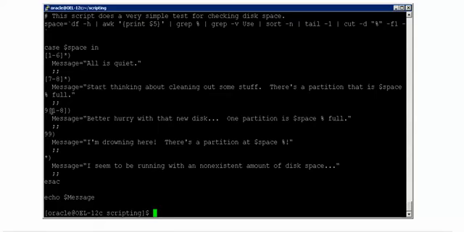If it is 9 followed by any number, that is 91 to 98%, then hurry up with the new disk. If it is 99%, I am drawing here, the partition left is very, very less. And if you don't see any of this, that is 100%, I seem to be running with no existing amount of space. And as you see here, case syntax is case followed by the value,